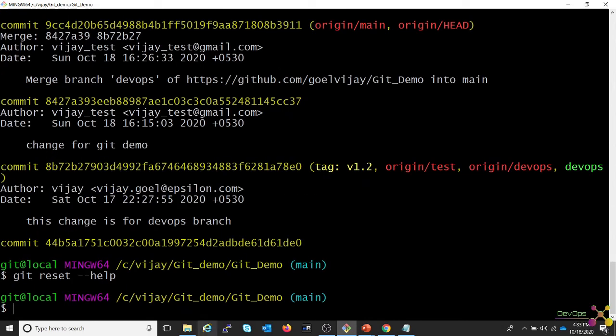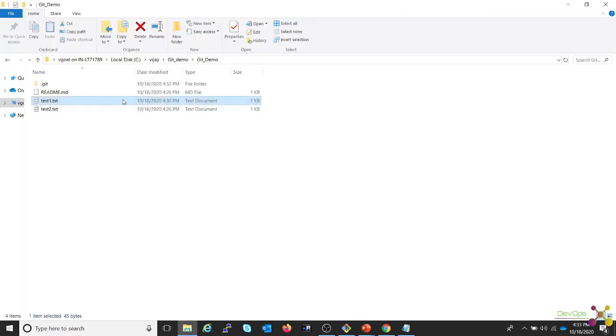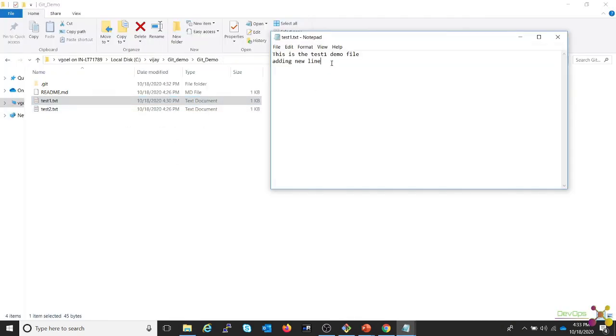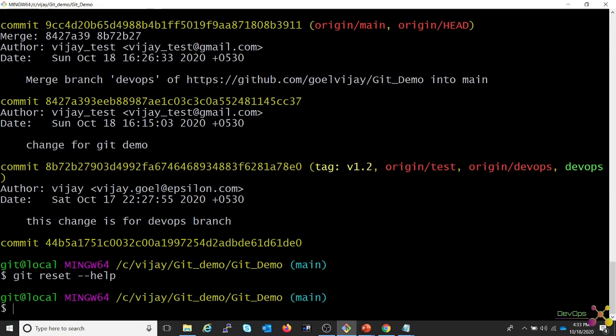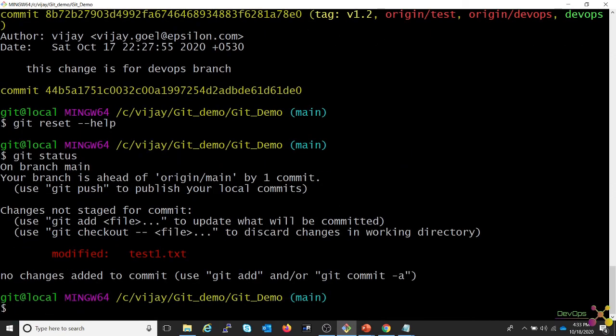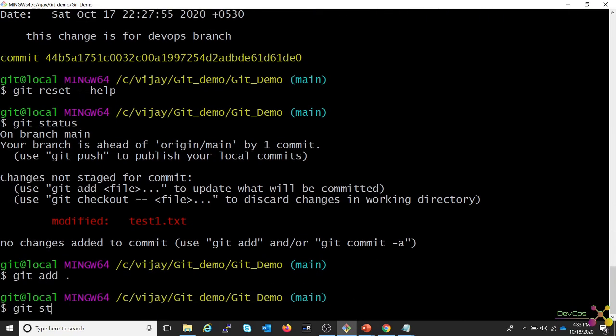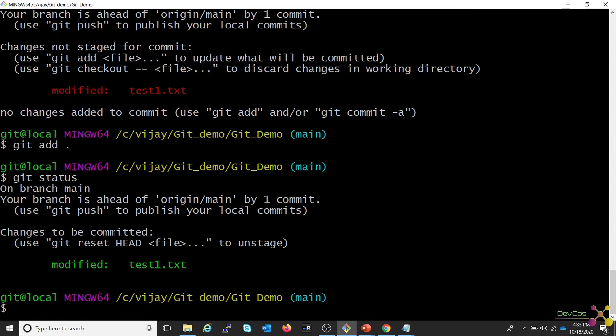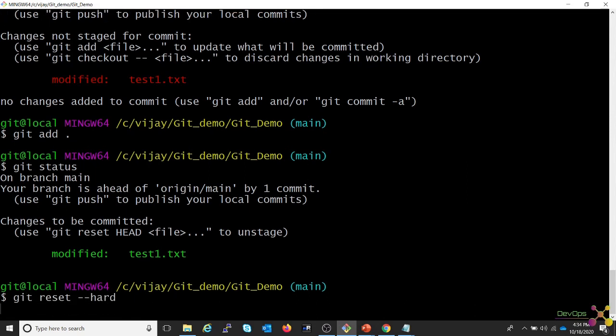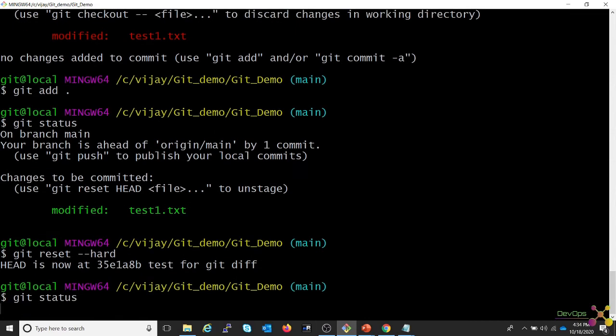Suppose you make any change in your local. Okay, let's open this, delete this. Okay, and like that you have edited so many files. Git status, you can see after doing all those, I have done git add also. Git status, you can see, right? Now after doing all these changes, you don't want these changes at all. You want to remove all the staged files. Okay, so you can do git reset --hard, and if you see git status now, nothing is there,